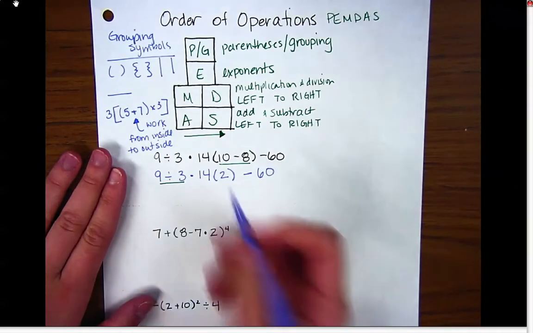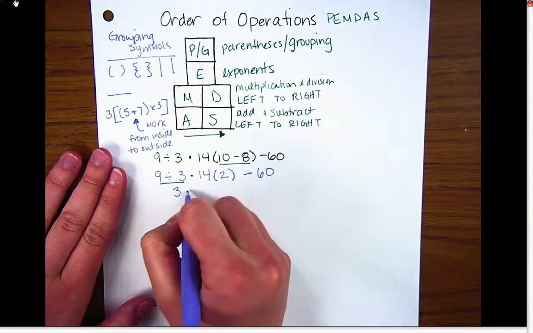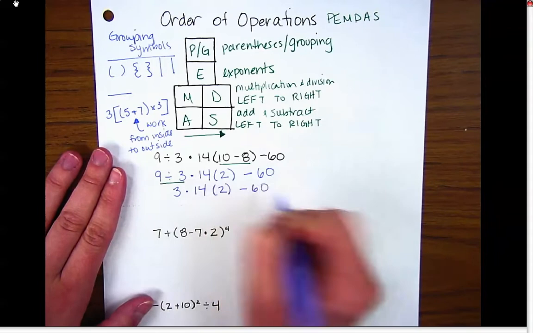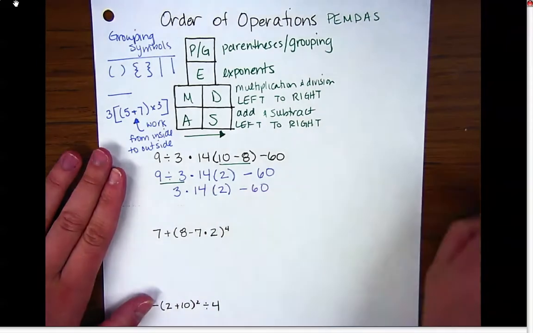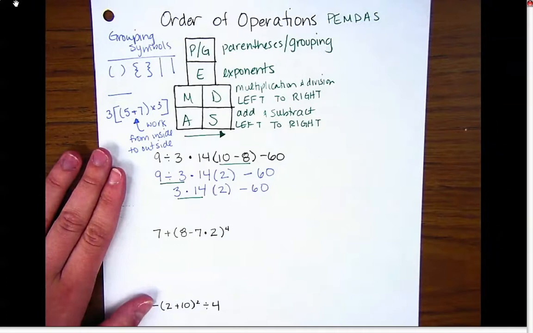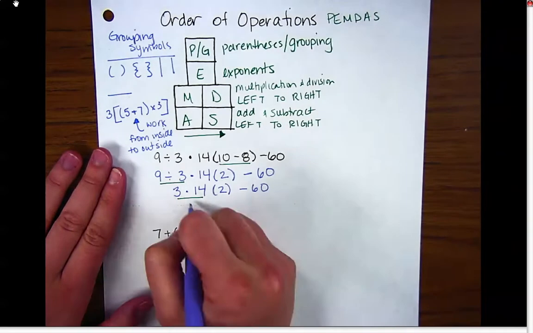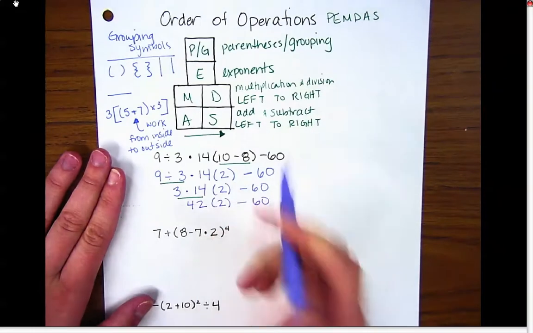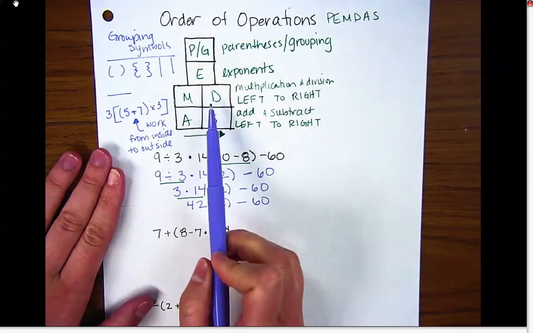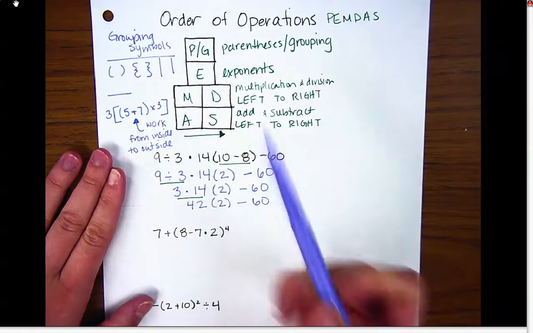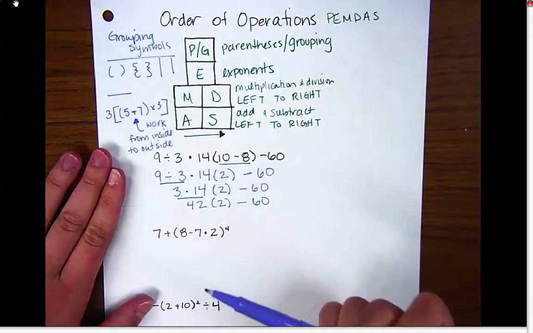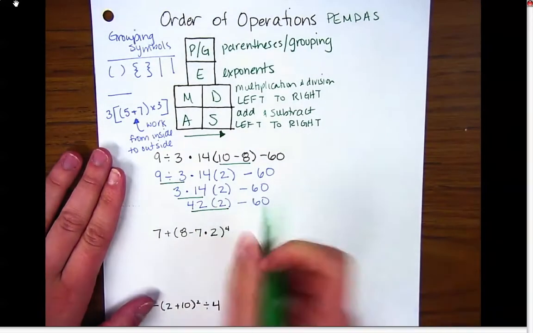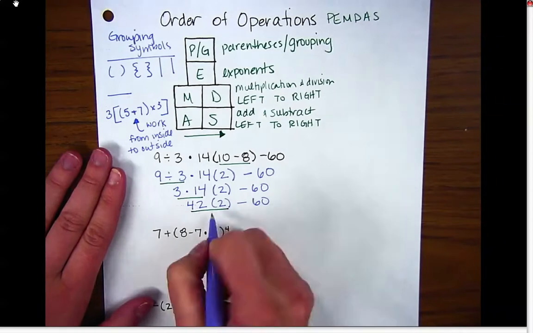So I'm going to do 9 divided by 3 is 3. Now, again, rewriting my problem. I'm now going to do my 3 times 14, which gives me 42. I'm going through my multiplication and division, and I'm doing them left to right. Don't try and combine steps, all right? You're much more likely to miss something. Now I'm going to do my 42 times 2, and that gives me 84